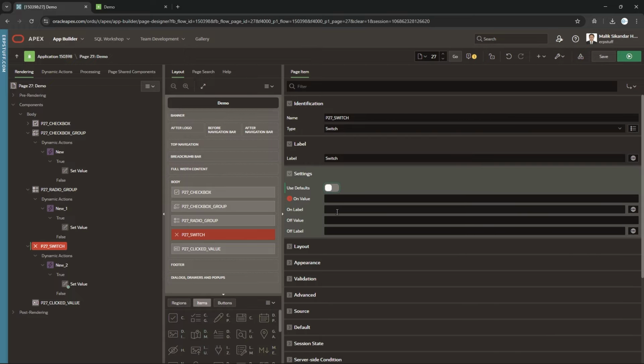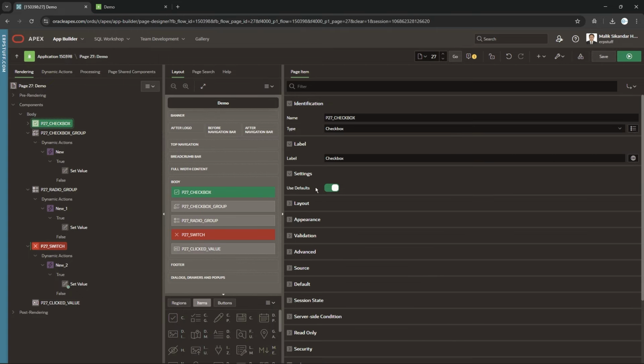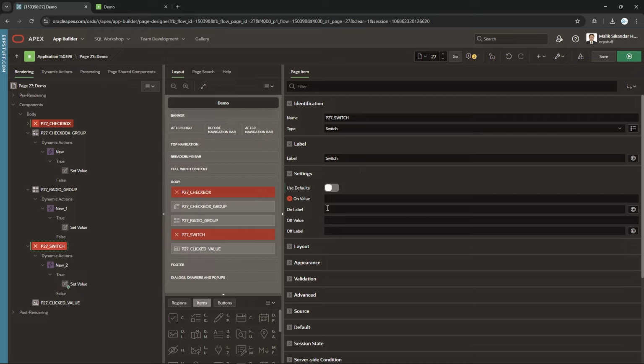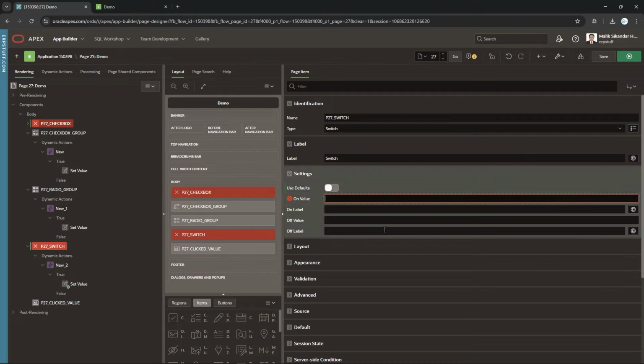So there is a change, right? Here we were only changing the value. You see here, checked value, unchecked value. It is changing the value, but here it is saying on value. So I'm just going to select on value,